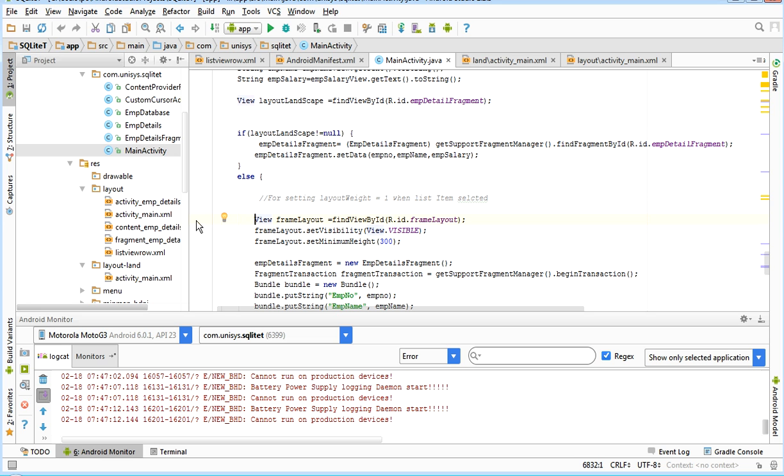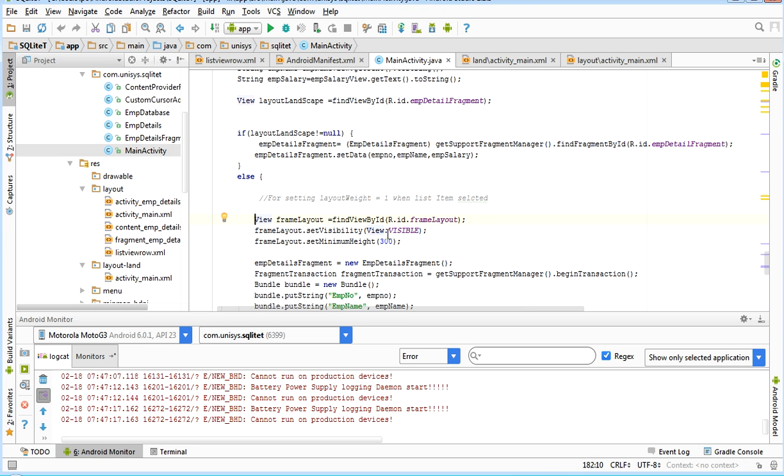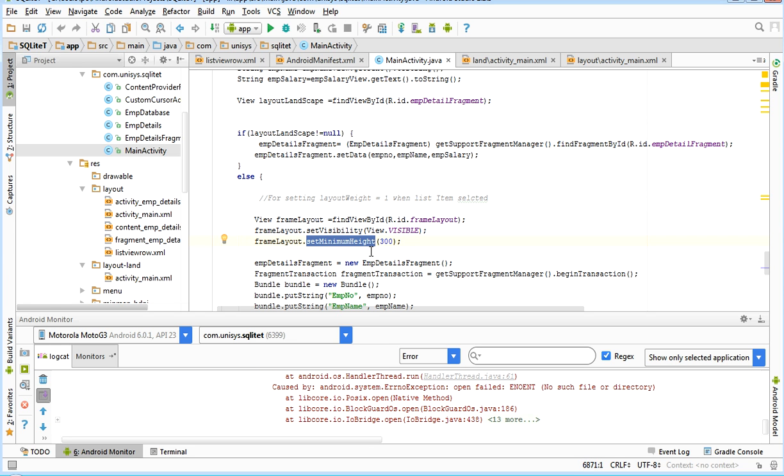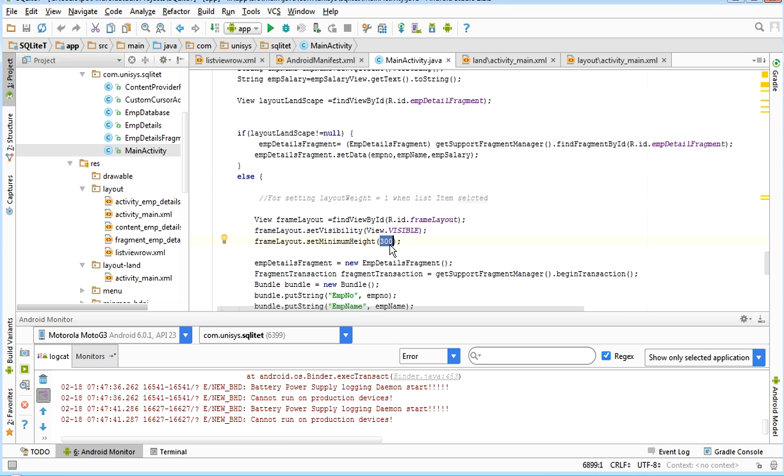As I discussed earlier, I made it gone, so now I will make it visible. How to do it? Set visibility View.VISIBLE, and I make the minimum width 300. Initially there is none, and I can give a weight also. Okay, I can give the weight also, but